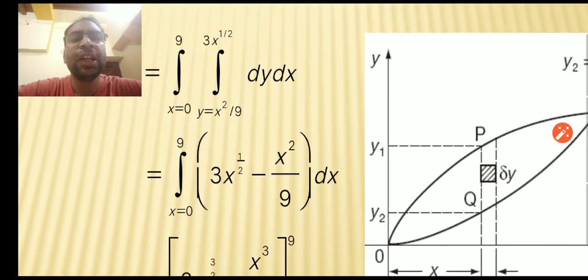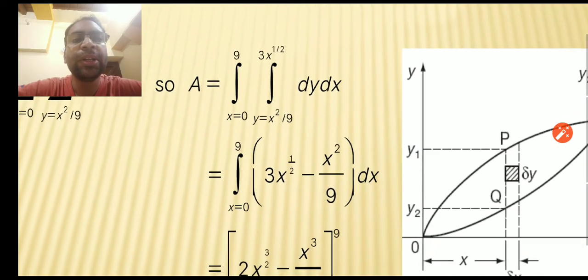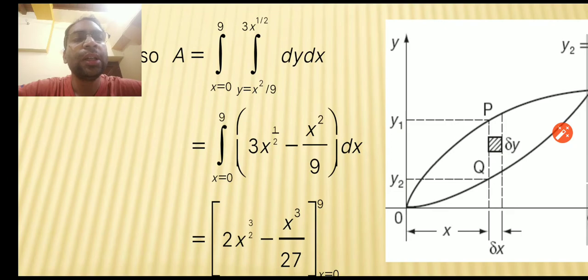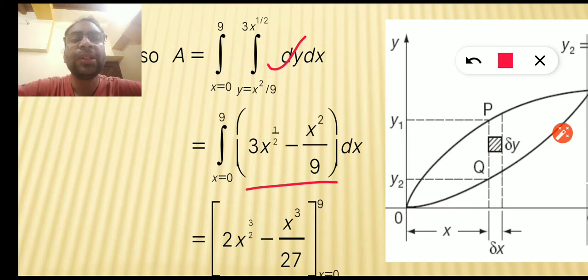So now we have this integral with all the limits. Now we need to solve this integral. Obviously the integral will be solved by beginning with the inner integral dy. We will solve it for dy, and just by substituting the lower and upper limits, b minus a, we have this single integral. Now this integral will be solved.